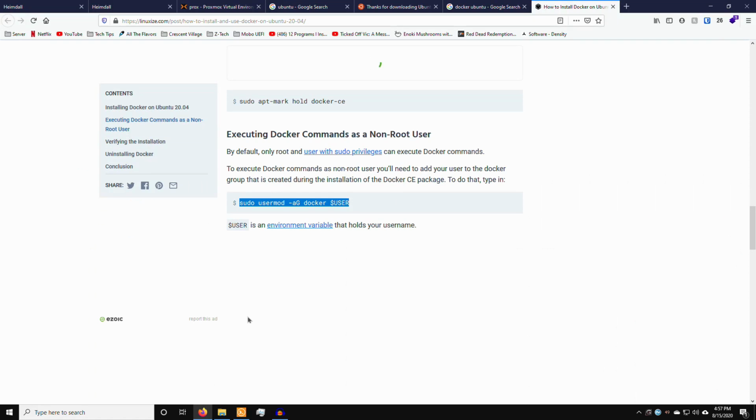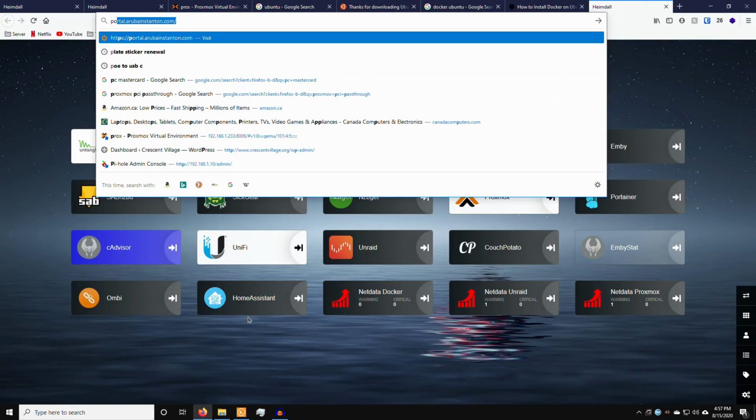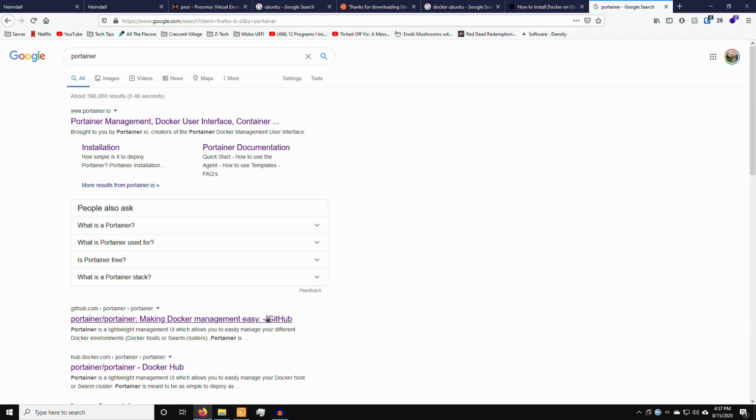So we actually have Docker running on our Ubuntu installation, but what are we going to do next? You could use the command line and do everything you want to your heart's content through the command line, but I like using a GUI for that. One of the best GUIs I've found is Portainer, and Portainer is very nice. If you go to portainer.io,